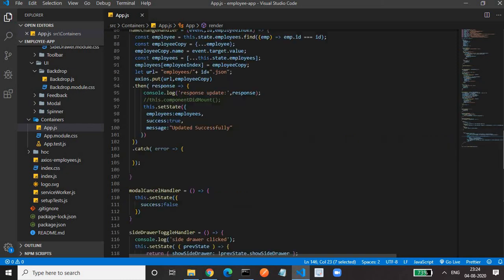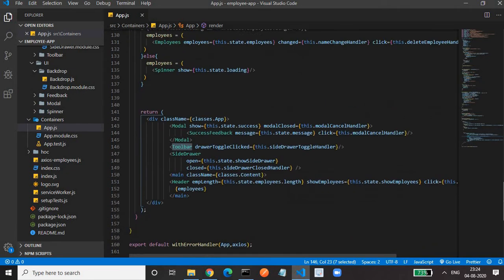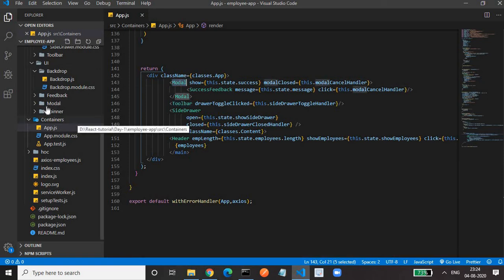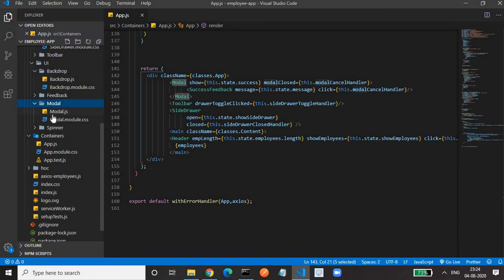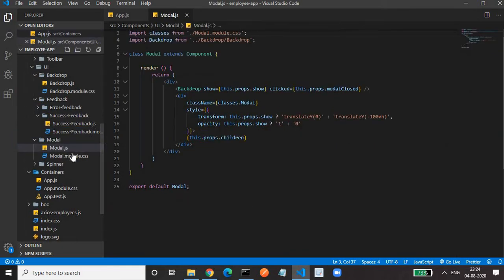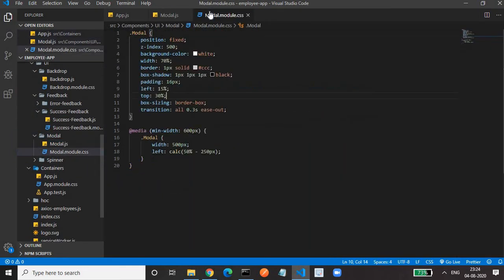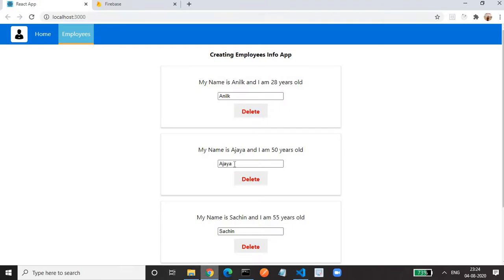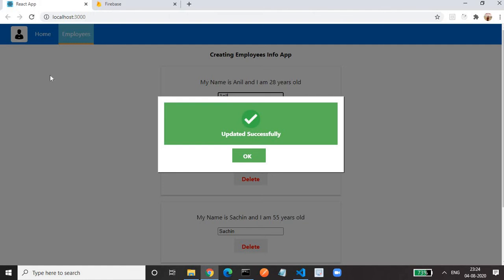So this is what we can see. I have also created a modal, the modal window, meaning the dialog box. For this, within the UI folder, we have a modal.js file and a modal.css file. In modal we also find the backdrop, because when our modal is shown, like I will again update it to get the modal, this backdrop should appear.